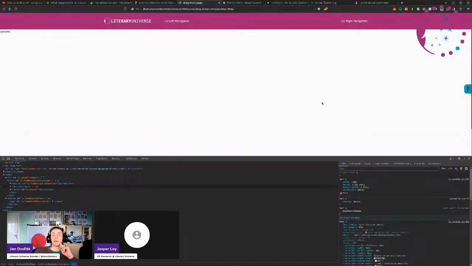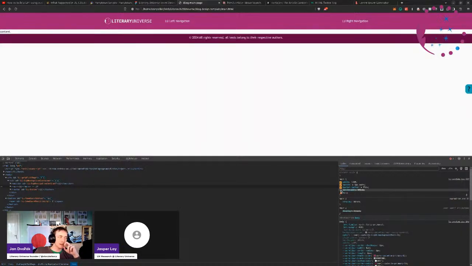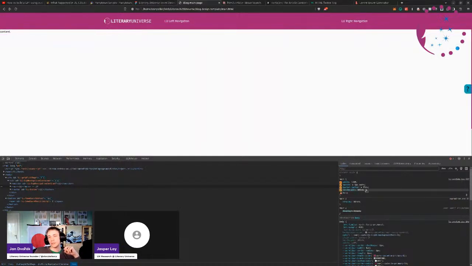And this is where we come into a bit of a problem, because what we want is to be at the bottom of the content. We are kind of forcing it here to be the minimum height, which is 100 view height, which is pretty much the,